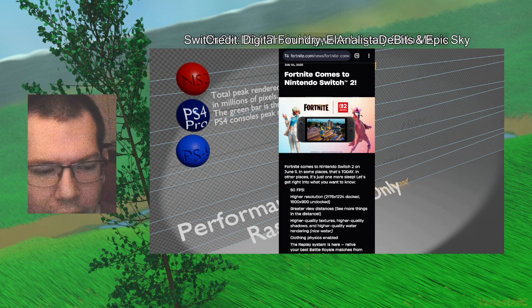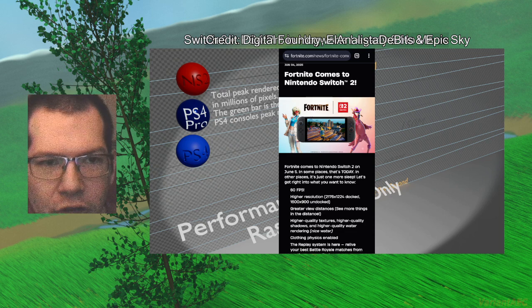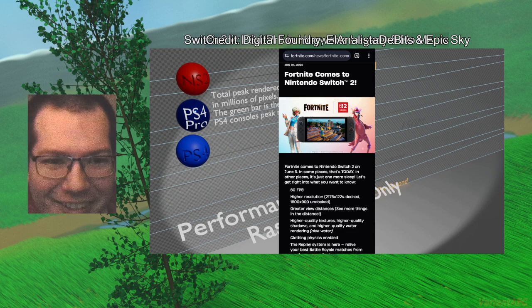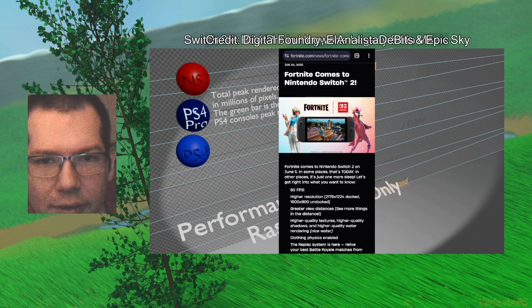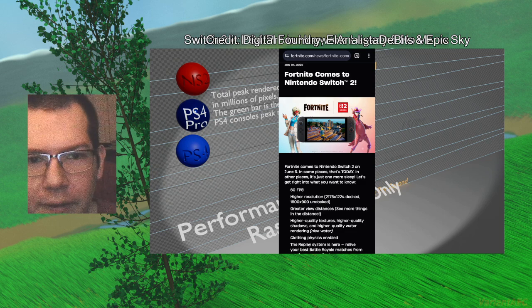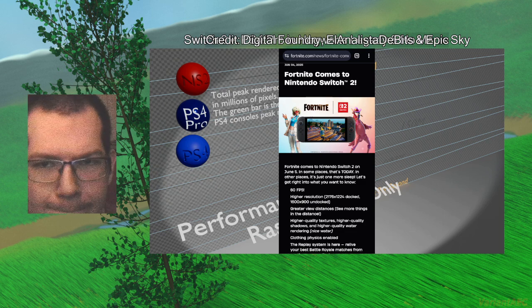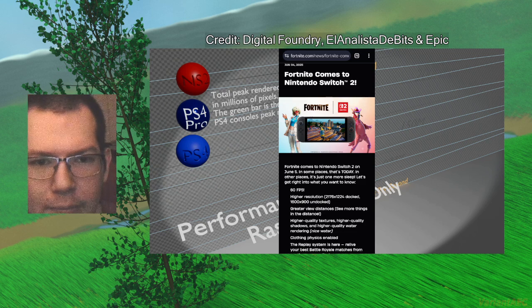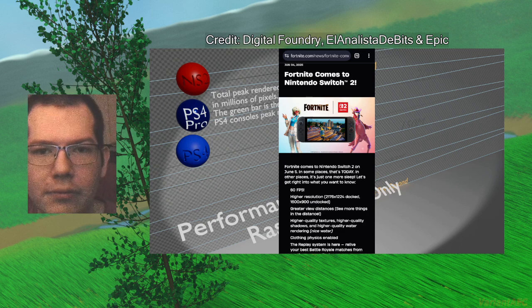Alright, so here we have an image and it shows me some information about Fortnite. If I can actually go ahead and, we'll say, never disable. Alright. So here we have a screenshot that shows Fortnite and